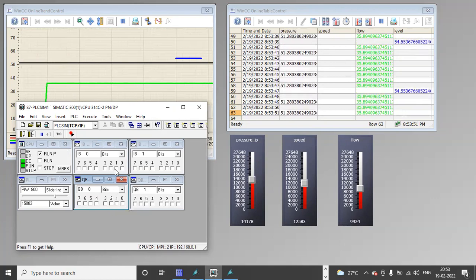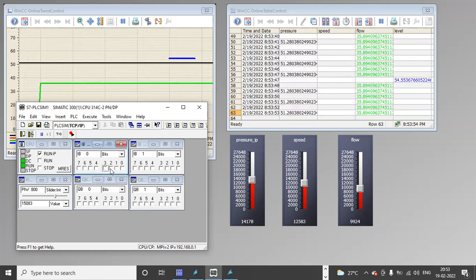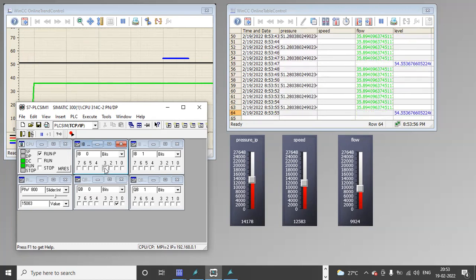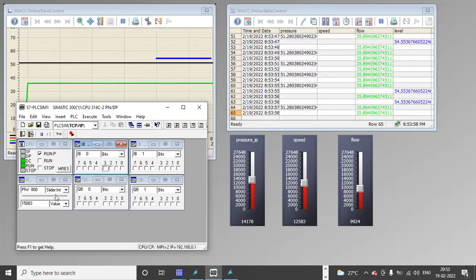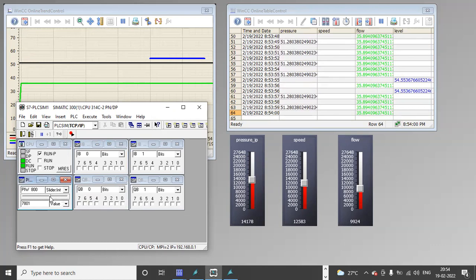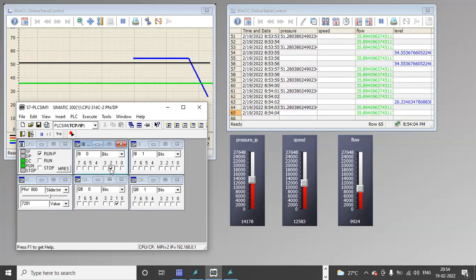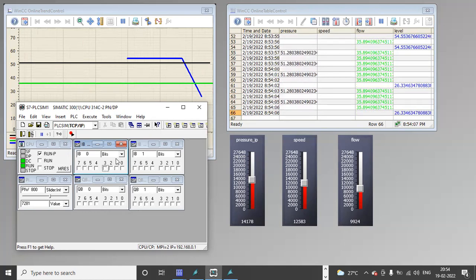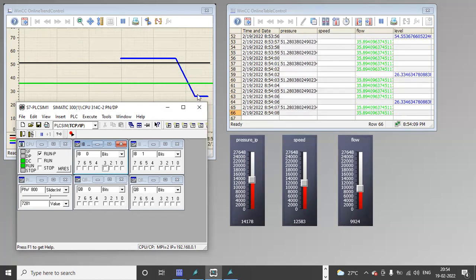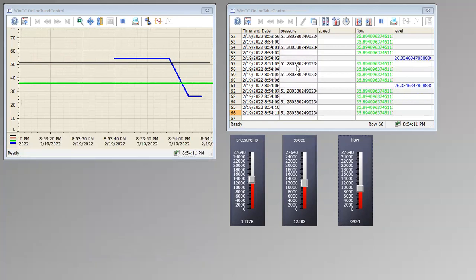Right, and again the motor is on. Okay, so if I change the value and again I give a start, a different value will be stored. So like this, you can store and display data in different formats.